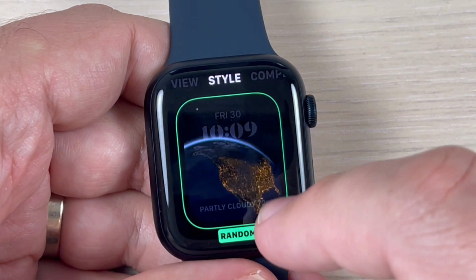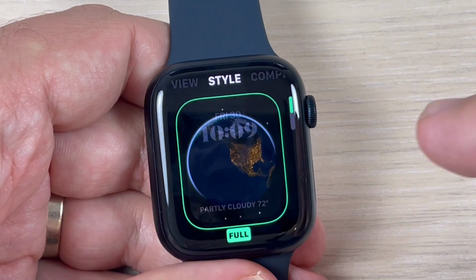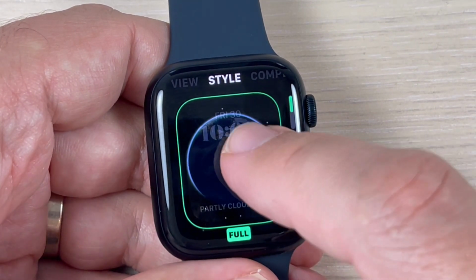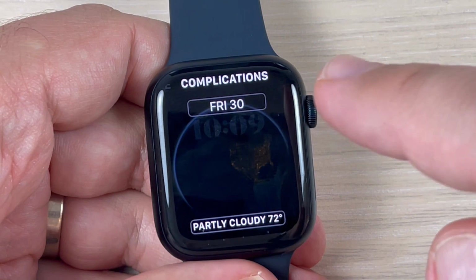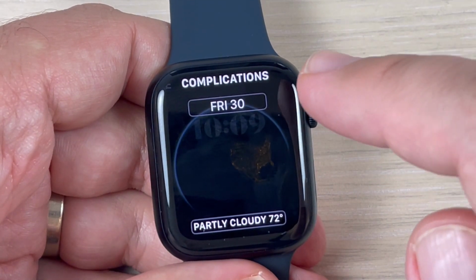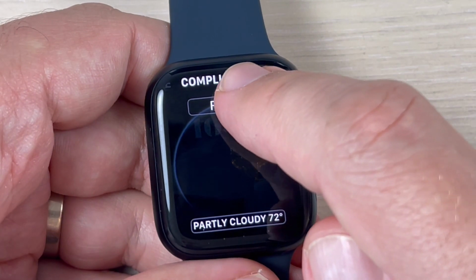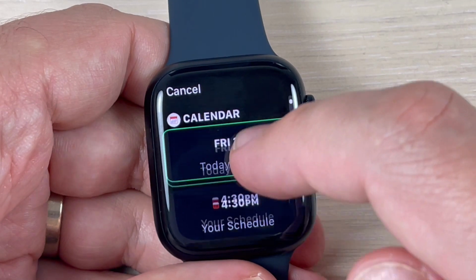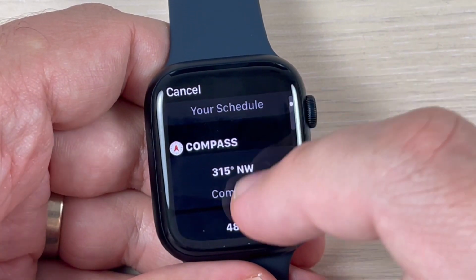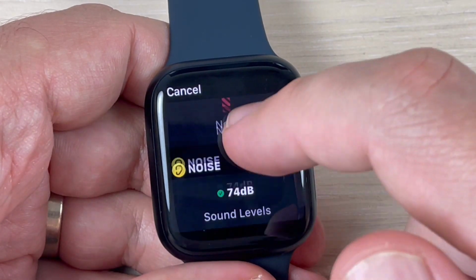From here you can choose the style, random or full. I will let the full Earth. Swipe again to the right and here you can choose your desired complications. Now we have date here, but if I will press, you can choose another complication. You can choose your schedule, compass, controls, heart rate, medications, news, noise,